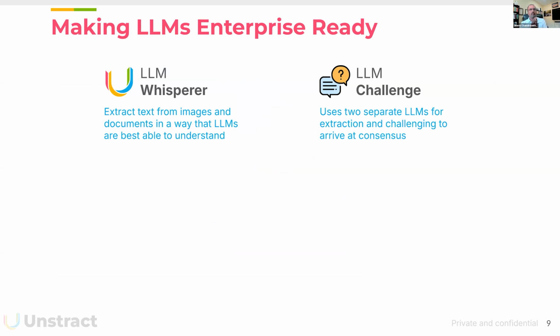The second part of this is the open source thing that I was mentioning earlier, right? So LLM Whisperer is the underlying text extractor, OCR extractor, right? That is what extracts the text from images and documents in a way that LLMs are best able to understand. This is what I want to drive home. If you throw a PDF that contains all different types of documents with all different types of formats, with scanned driver's licenses and things like that, the platform can use one LLM to extract the data from a particular PDF, right?